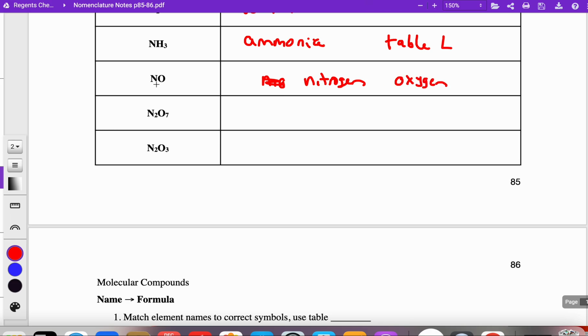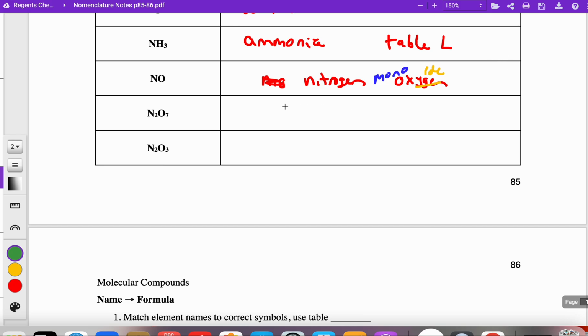So I simply match symbol to the correct name. N subscript is 1, so no prefix, but nitrogen being the second partner requires it. There's only 1 here, so this would be a prefix of mono. And oxygen being the second partner, we need to change this to ide. So final best answer, I didn't do a very good job here with my spacing, but a final answer